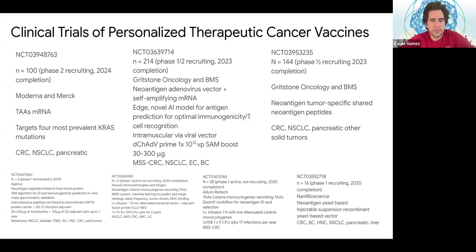There's also bladder cancer, and the regimens for each are tumor-associated antigens, mRNA that targets KRAS mutations, and neoantigen adenovirus